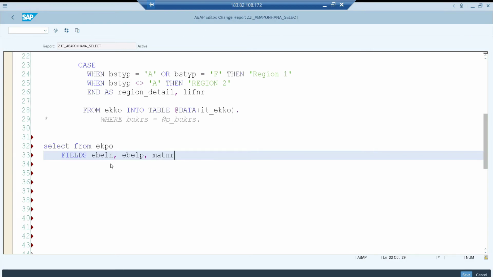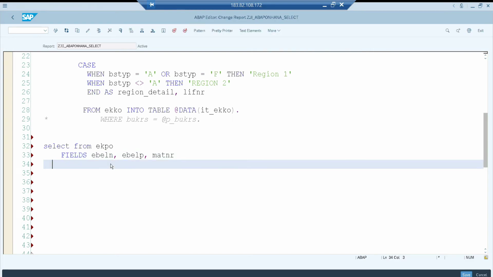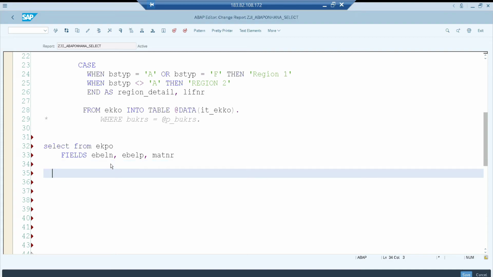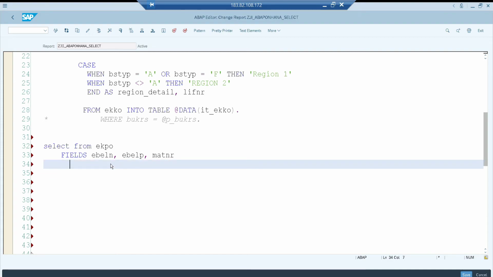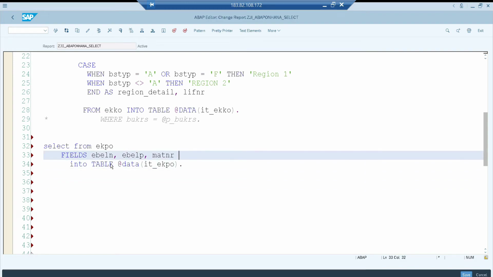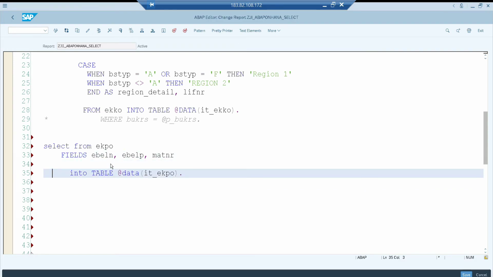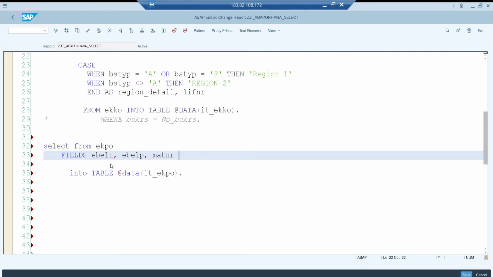Yeah, Ctrl+Space, yes, MATNR is available. Okay, and finally, if you want to add any WHERE condition, please add it here. The final statement would be INTO TABLE @DATA(it_ekpo). If you have any WHERE condition, do it here. So make sure your INTO TABLE is at the last. If you want to join, CASE statements, any functions, everything goes before your INTO TABLE at the end of your